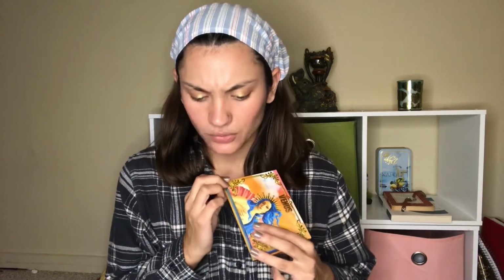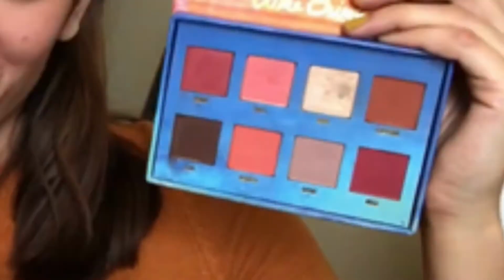I don't know if you remember, but with this next shade, Icon, which is a dark brown, I said that I would make it a goal to use it at least 10 times, I think was the number. If not, I'll insert what the correct number was here because I don't feel like checking right now. And all I do know for sure is that I surpassed that number, and kept using it after those uses. So it looks like in April I used it 13 times,